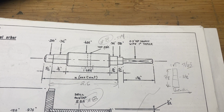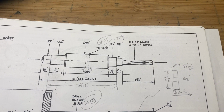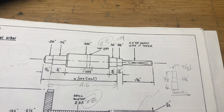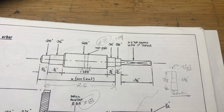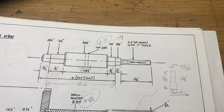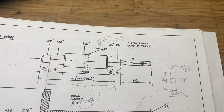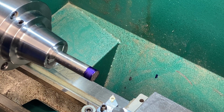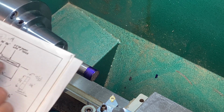Arbor for the barrel. We're going to have to make some adjustments to fit it exactly to the barrel and the bearings we got. But we'll make this out of mild steel, and we'll start cutting it. It's mostly all lathe work, but we'll have to do a couple operations on the mill to get that square at the end. Okay, so the first thing we want to do in the lathe is we want to cut